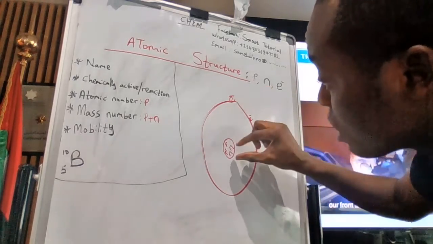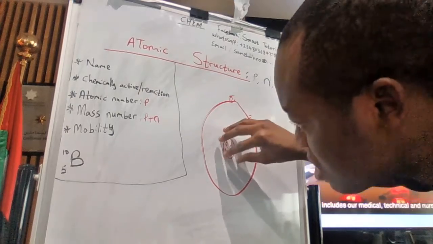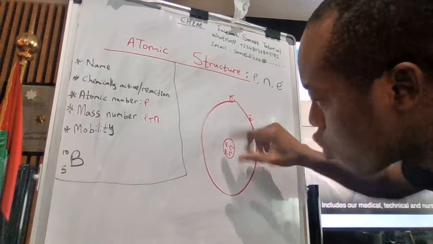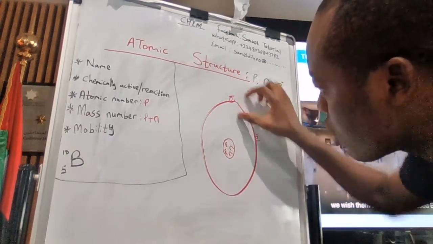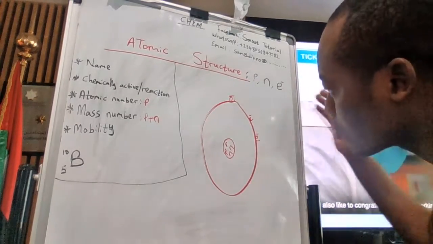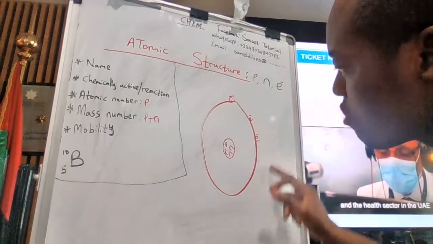So the proton and the neutron, they are held by a strong force inside the core of the atomic structure. So they cannot easily go out, they cannot easily be removed. But electrons can get excited easily with a small amount of energy and they will move out. Now, if an electron moves out,